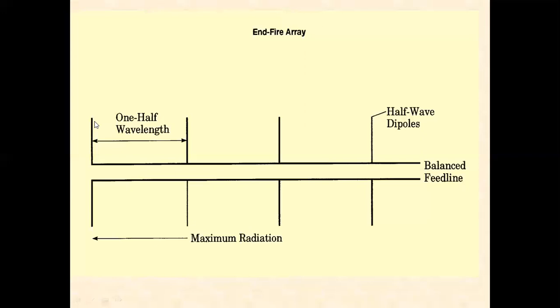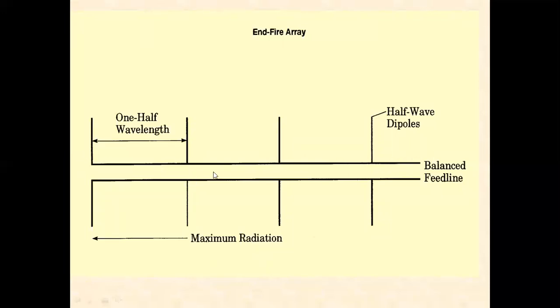See here, this is one antenna, the second antenna, dipole antennas. We can make use of half-wave dipoles. For better impedance matching, we can also make use of folded dipoles. This is the balanced line. Instead of cross feeding here, we are straight feeding. The first element is fed. After some phase shift, the second element is fed. After some phase shift, there is a progressive phase shift. Then feeding of the third element, then feeding of the fourth element.